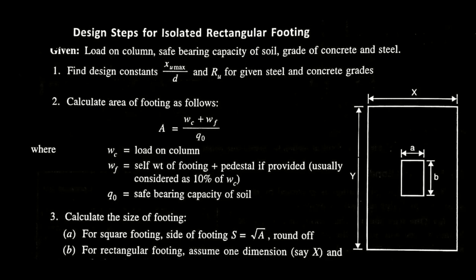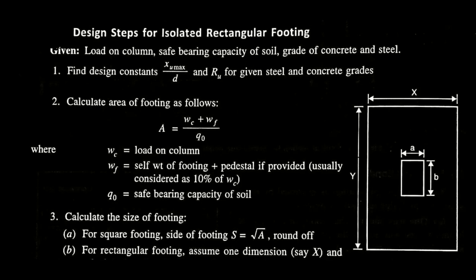Let load on column, safe bearing capacity of soil, grade of concrete and steel be given. So in that case, first of all, we have to find design constants, that is Xu max by d and Ru, for given steel and concrete grades. Before going to step 2, I would like to share the concept of Ru. Ru is nothing but